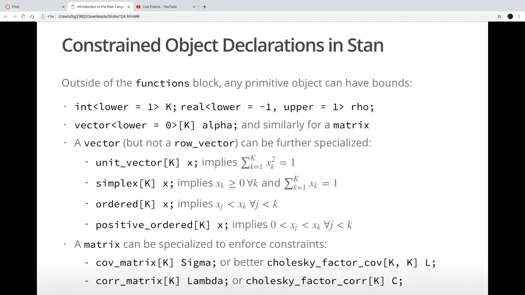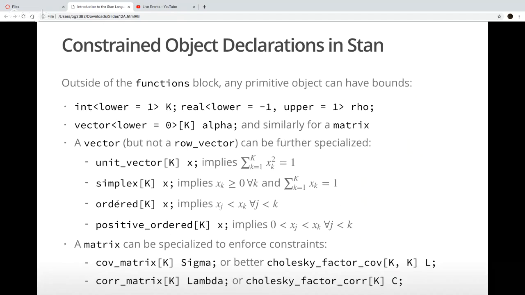Those are usually square, but they don't necessarily have to be. They can have more rows than they have columns in general, but usually it's a square matrix, so K would be the same number of rows as it has columns. So that is going to be lower triangular, and the diagonal elements are going to be positive. So L times L transpose is a covariance matrix that is positive semi-definite.